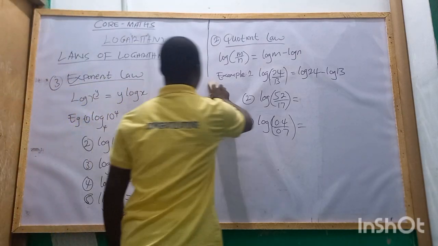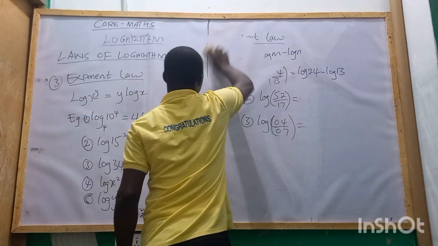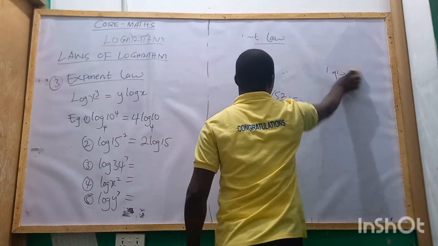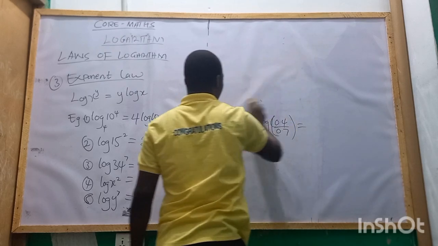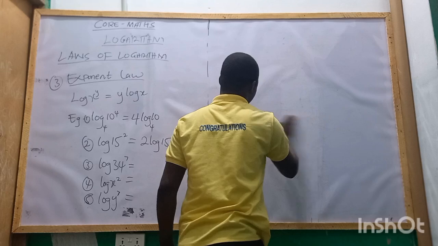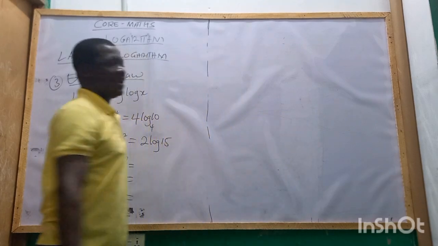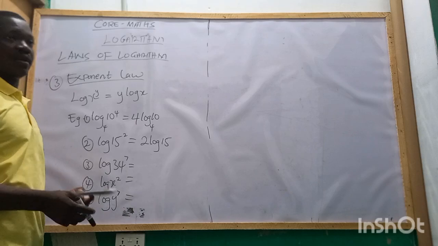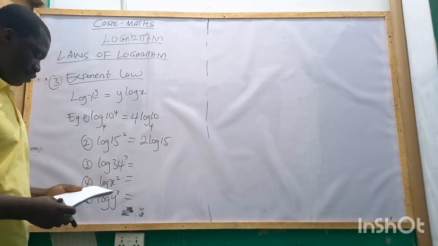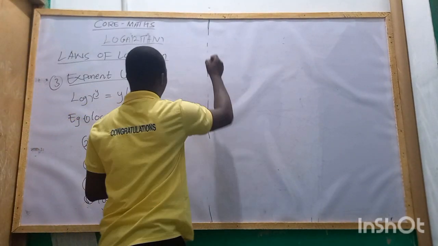They say they are properties. So whether they are laws, whether they are properties, they are the same. The most important thing is how to know them, how to apply them, understanding and applying them is the most important thing. Whether properties or laws, they all mean the same. So the fourth one,